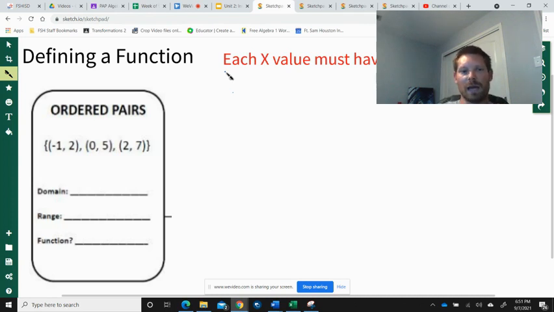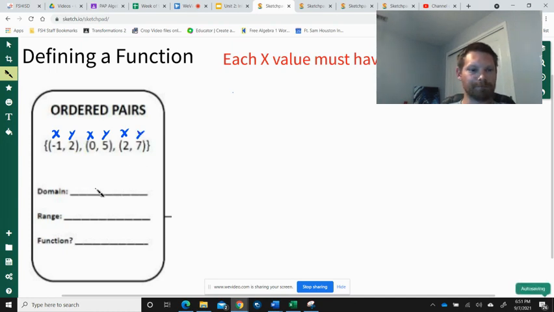All right. And most of these are pretty simple. It does get confusing towards the middle, so stay with me. All right, so your first example is ordered pairs. And ordered pairs, as you know, represent points on the graph. The first number in each case is an x, and the second number is a y. So you've all learned how to plot points in middle school, and we'll be doing some of that